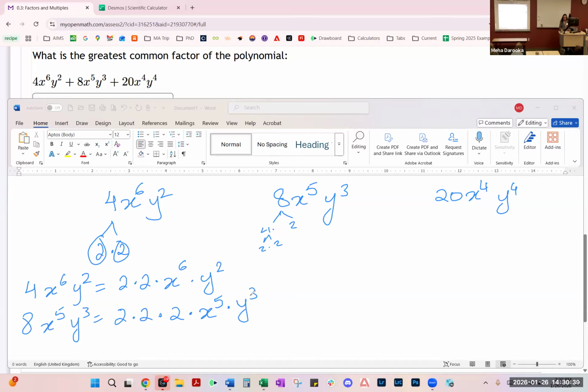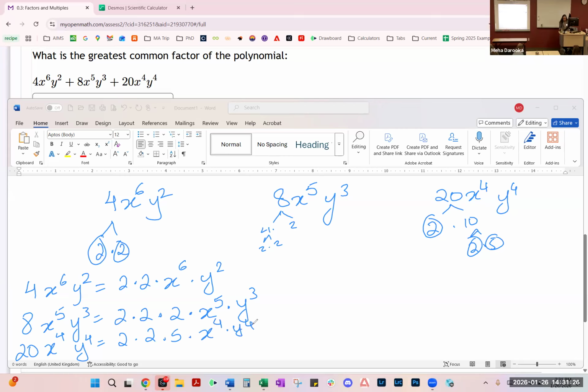So that's the 8. And then the last term we had was 20, x to the 4th, y to the 4th. Now 20, again, you can start wherever you like. So what would be a good place to start for 20? Sure, 2 times 10. So of course, 2 being a prime factor we'll stop right there. 10 can be 2 times 5. So we have our prime factorization, which comes out to be 2 times 2 times 5, and then of course you have your x to the 4th, y to the